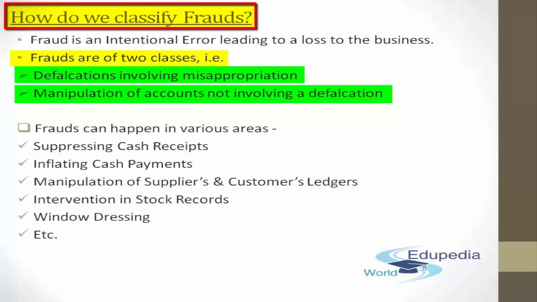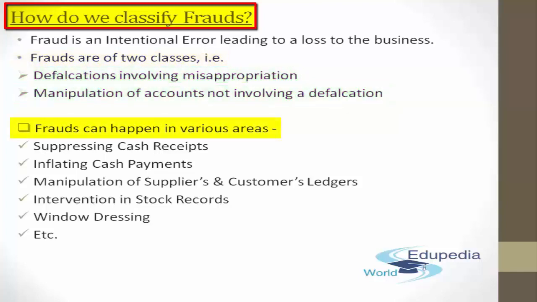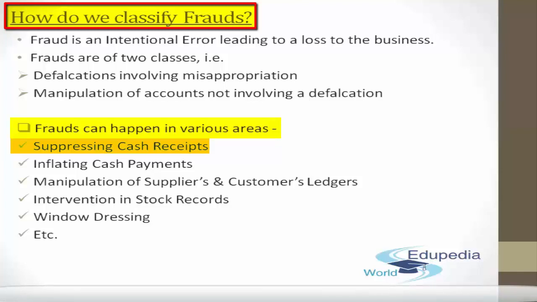Now, moving on to the ways in which fraud can happen. I'll provide you some brief instances. Number one, fraud can happen by suppressing the cash receipts. You have already got the cash and you are not providing the receipts, and you are keeping that cash in your pocket. When your boss comes and asks how much sale you made for the day, you say, "I just made 5." However, in reality you made 10. By not providing the receipts to the people around, by suppressing those cash receipts, you basically misappropriated the cash you received from the customers. Number one, suppressing the cash receipts.